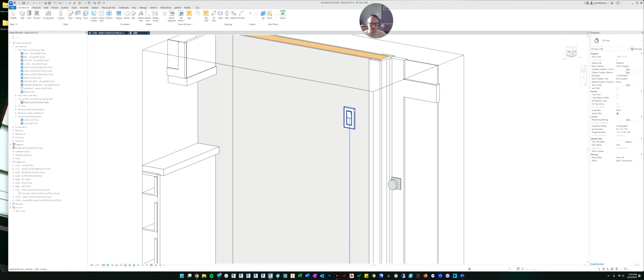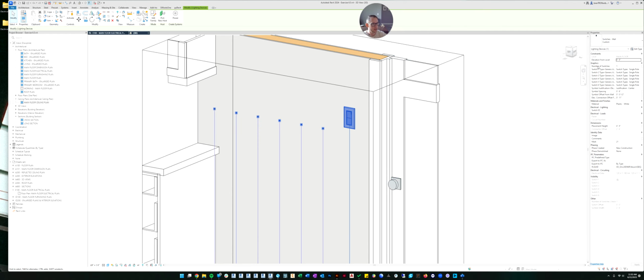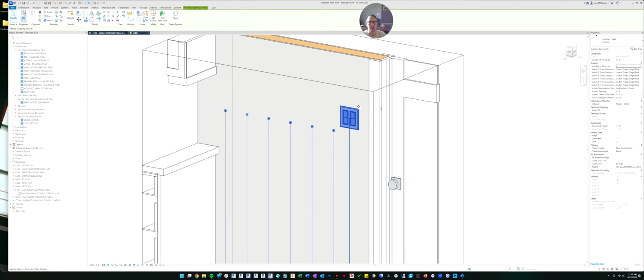So with these custom switches, you can click on the switch and you can come over here and tell it how many switches you want. So it'll look like what they would install in real life. And in real life, you can usually go up to 6 switches, and there's up to a 6-gang box. So you can do that here just by changing the number. So we want 2 switches. And then underneath the switches, you can tell it what switch 1 wants to be or what switch 2 is.